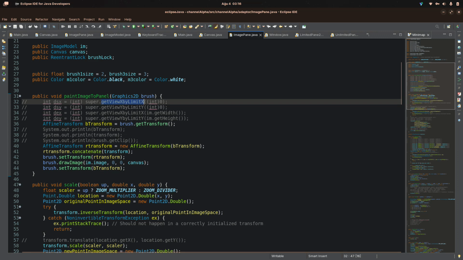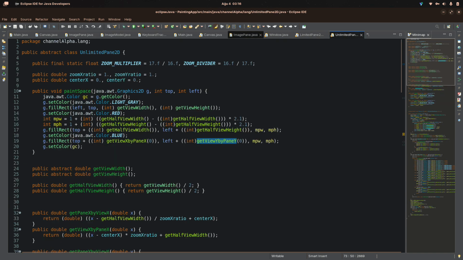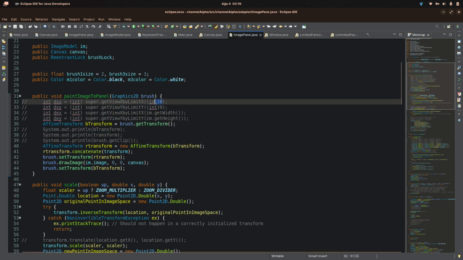Here you can see we get the image 0, the image max. Then using those and this draw image function, I draw the image. Back in the days I drew the image like that, or